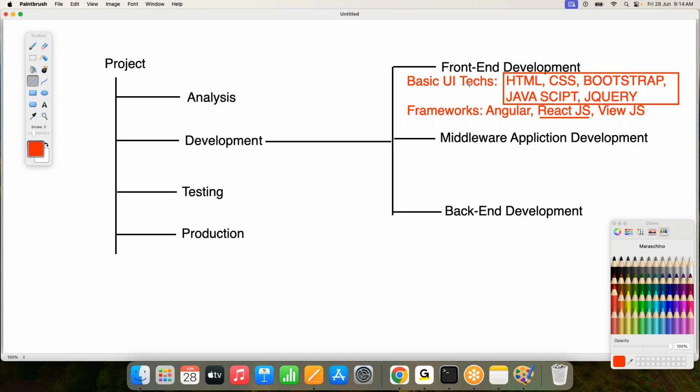Node.js is what? A server-side technology. If you don't want to use Java as a server-side technology, then we can go for Node.js. Node.js and Java both are alternatives. So if you want to go for Java, Node.js is not required. Moreover, Node.js is not the replacement for Java. Try to understand it clearly.